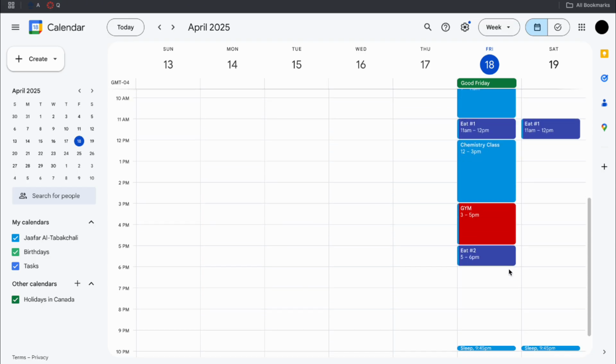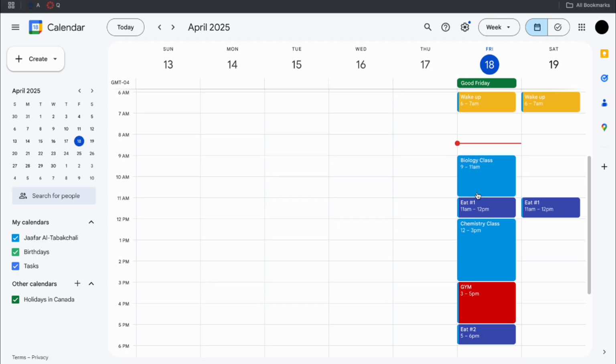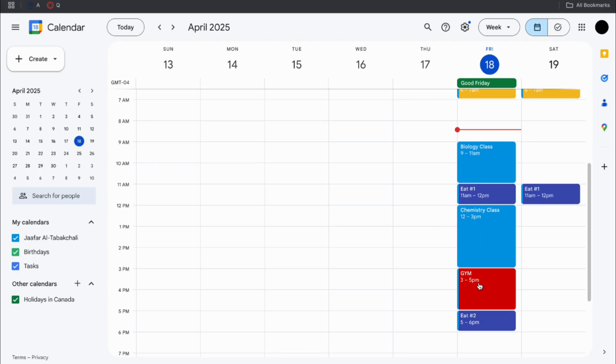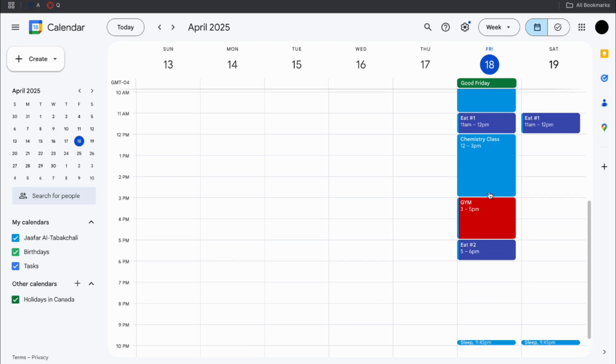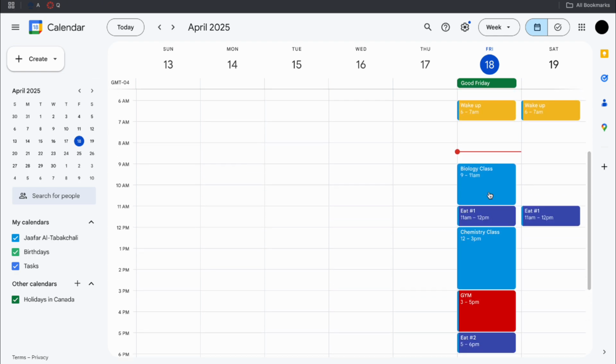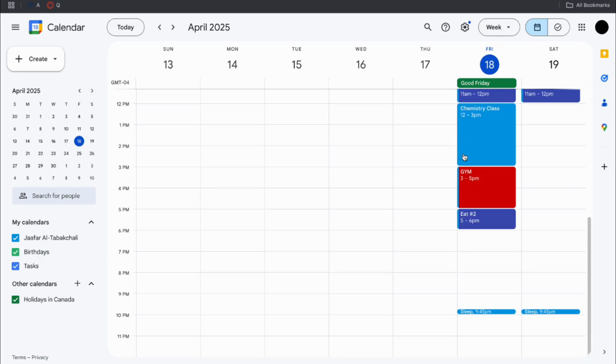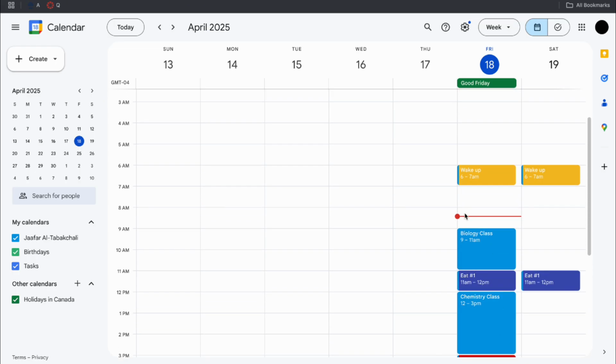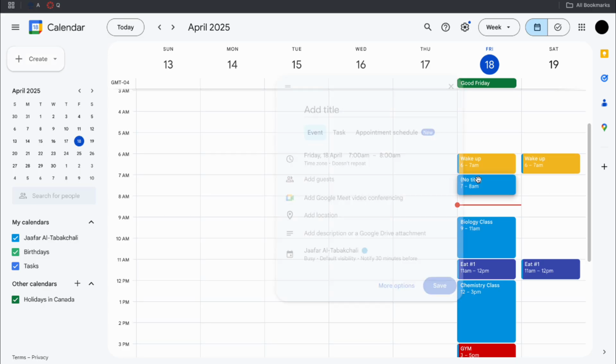And so now we put the non-negotiables such as your classes, the gym, whatever other exercise you want to do, and your meals. Now what we have to fill up is the first 2 hours right here, and also almost 4 hours at the end of the day. Okay, so the first thing that I want you to do is